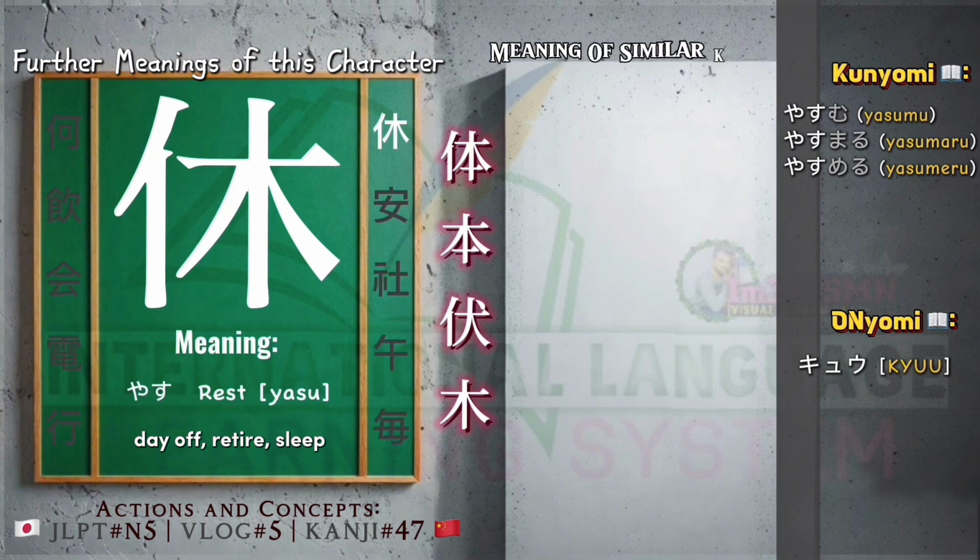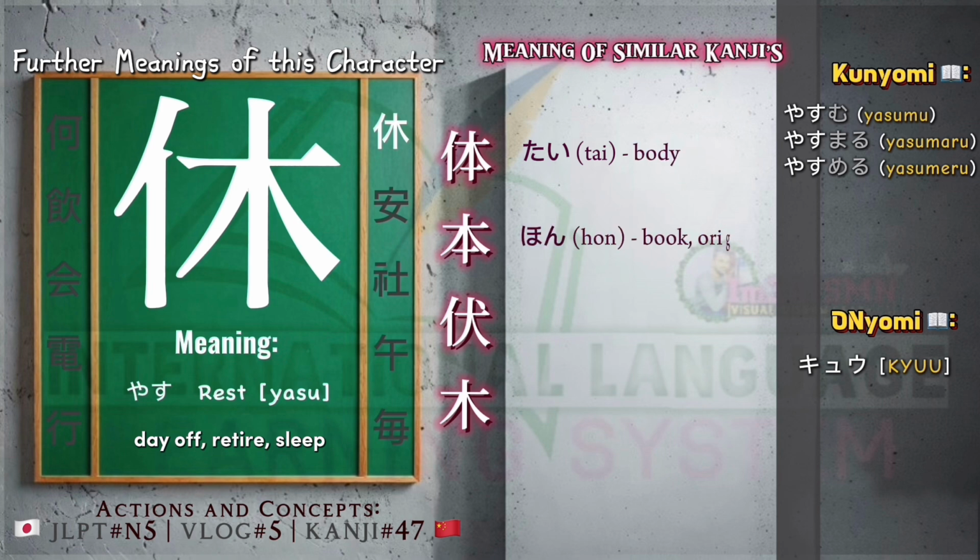Meaning of similar kanjis. 体、 body, 本、 book, origin, 服、 lie down, 木、 tree,